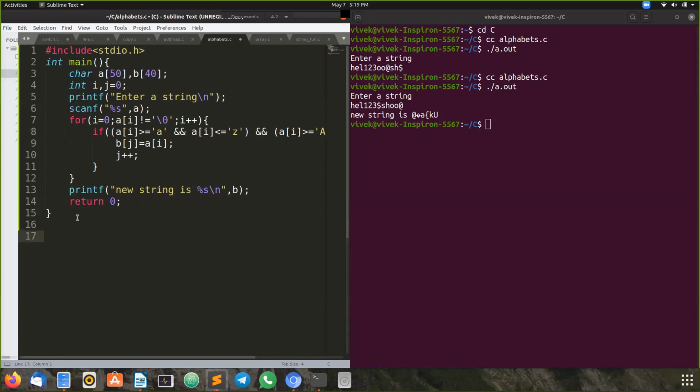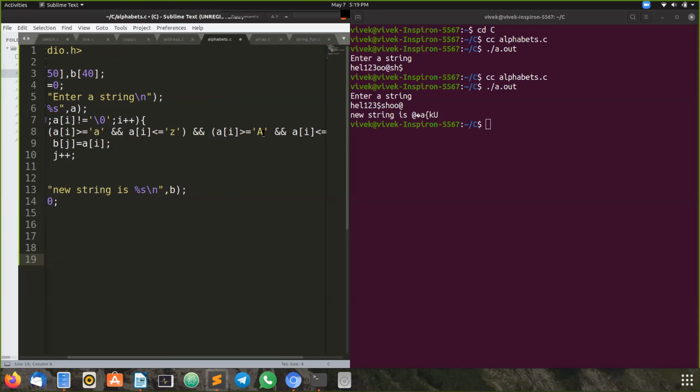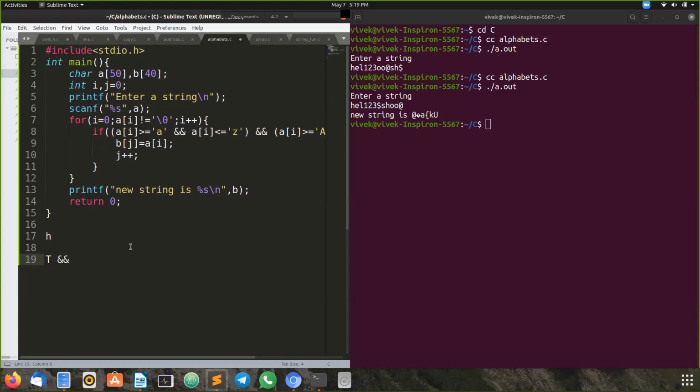I'm explaining the tracing part down below. The first character is H. Then the first condition is true. And the second condition is we are checking for capital letter. As it is not a capital letter, it is false. True and false, what will be the logical AND equivalent? It is false. So the if condition will not get executed. So that is the reason we should not put AND here. We have to put logical OR.